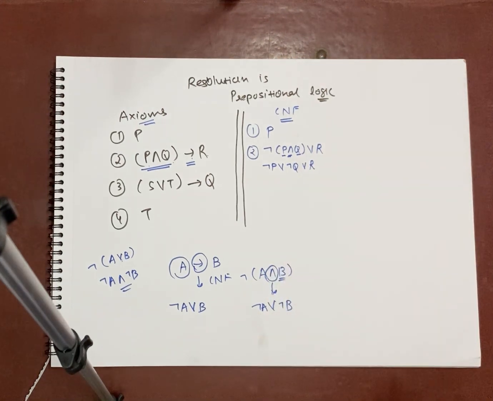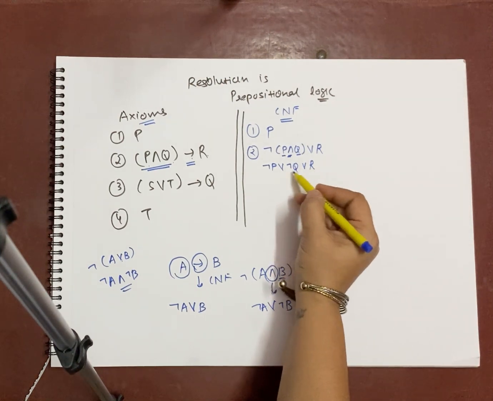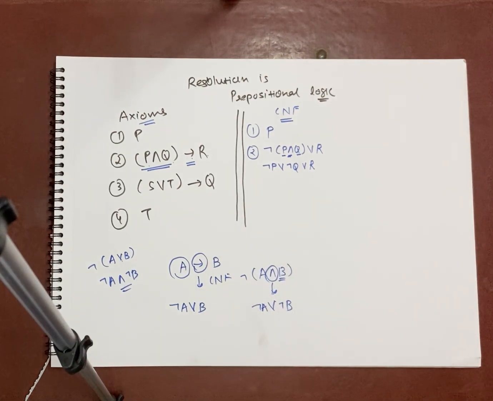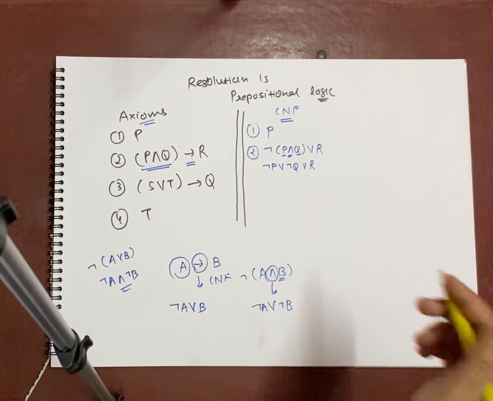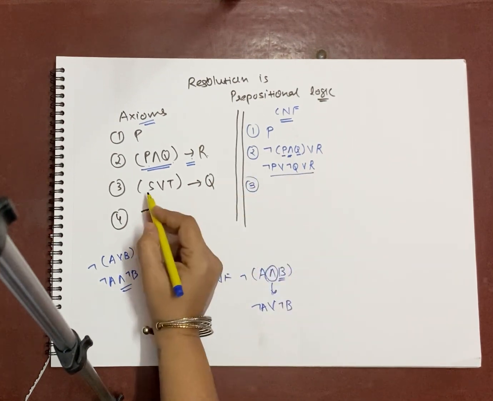Do we need to apply any other operator over here? Associative, distributive operator concepts we have to use? No, because the only operator we have over here is OR. It is something like if you have A plus B plus C, you have the same operator, so no other rule needs to be applied. So this will remain as it is. Okay. The third one says S